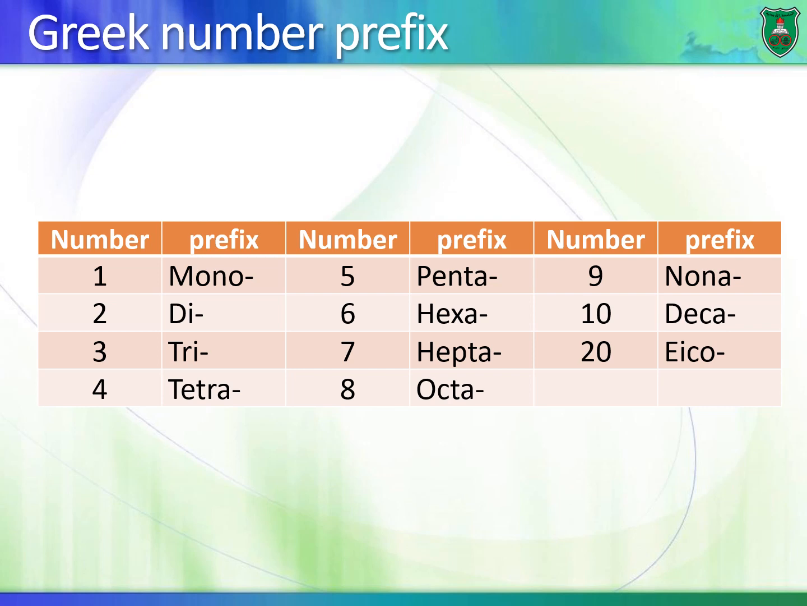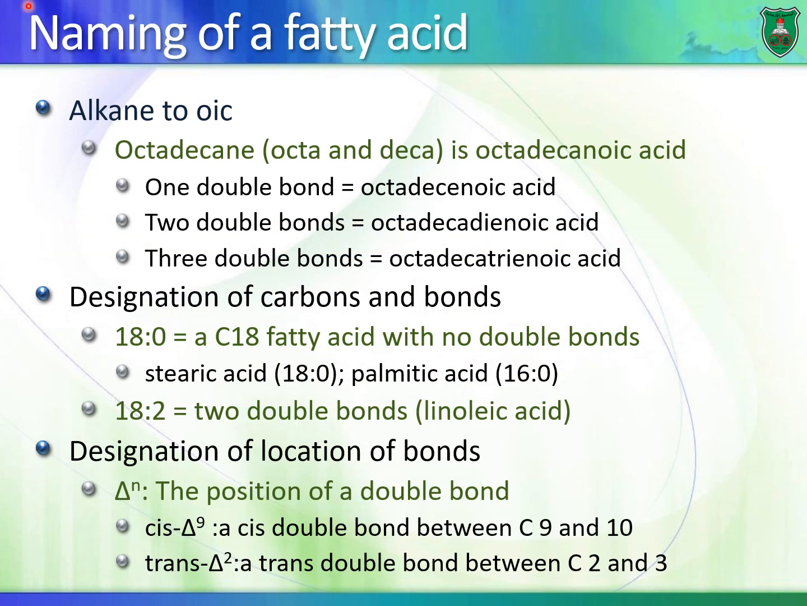Okay, so how do we name fatty acids? We convert the alkane to oic acid. So if I have an octadecane, meaning octa is 8, deca is 10, that's an 18 carbon fatty acid. And we add a carboxyl group to it, then it becomes octadecanoic acid. If there is one double bond, note it becomes octadecenoic. So you convert A to E because now it's an alkene,